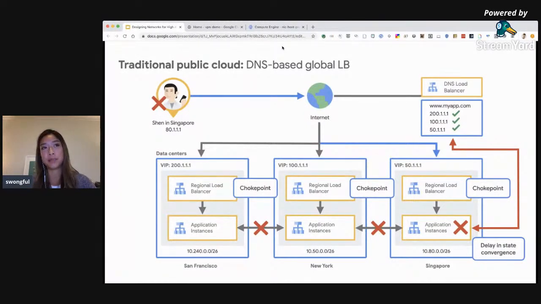to these various regions. So the problem with this is that a lot of things can be outside of your control. So for example, you could have a failure in, say, San Francisco, and you'd have to then update the DNS record potentially. You will probably risk people hitting a stale DNS entry because they don't have the most current DNS records and can't actually access your application. If something were to occur to one backend, in order to reroute requests to the next closest region, you would then have to update the DNS record to point to the IP address of the backend sitting in New York, for example, or Singapore, whatever the next closest region would be. So that's one downside to this approach.